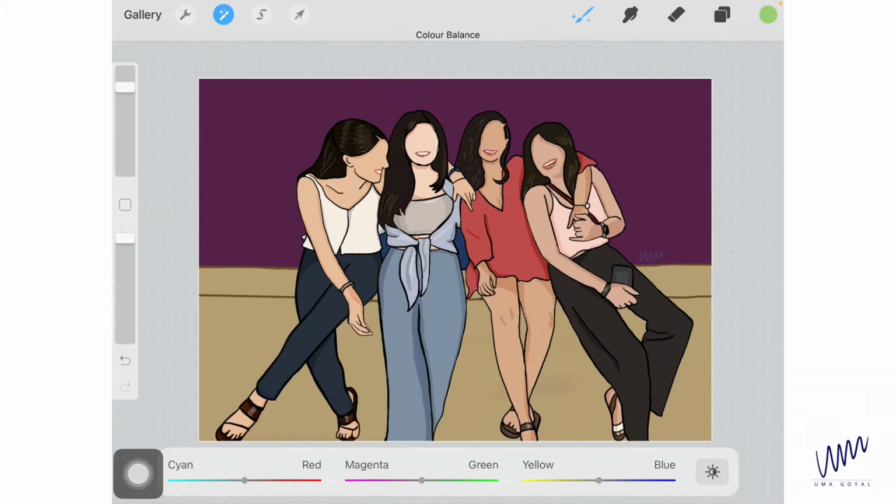So I'm going to first make some adjustments. Whatever settings I want, I'm going to use the sliders. So I'm just going to randomly select something over here, and once my settings are selected, only the areas where I actually move my pencil, it will apply the changes there. So that's the beauty of this filter.